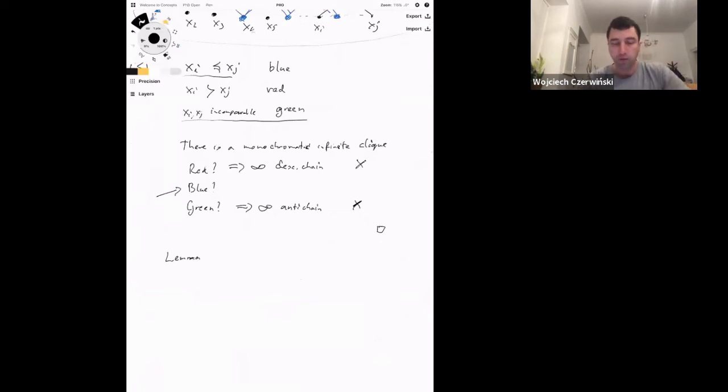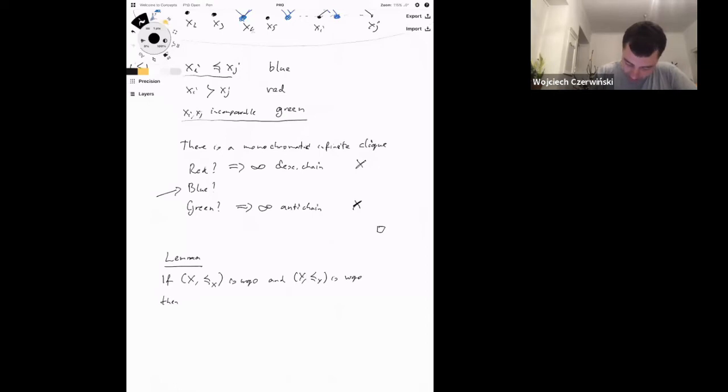So now we would like to understand what these well quasi-orders look like. What is a well quasi-order? What is not a well quasi-order? And this will be a first lemma of that style. So I claim, and then we will go to examples, that if X with some order on X is a well quasi-order, and Y with some order on Y is a well quasi-order,